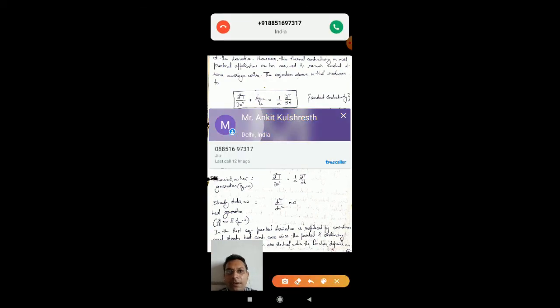Now again, transient conditions. The second case is transient with no heat generation. So students, what is transient? Transient means where the properties change with time. So the case is that the temperature is changing with time, but there is no heat generation. Therefore, what will happen?